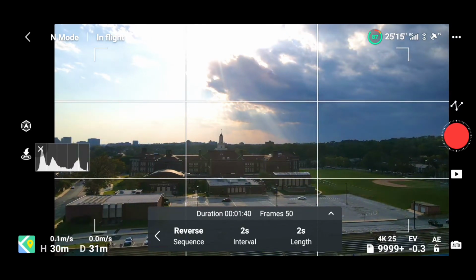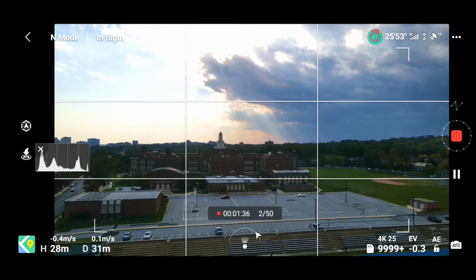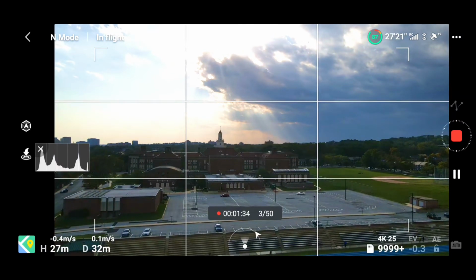So now that I have everything set, I'm just going to hit the record button. The aircraft is heading to the first waypoint. And now it's going through the program.